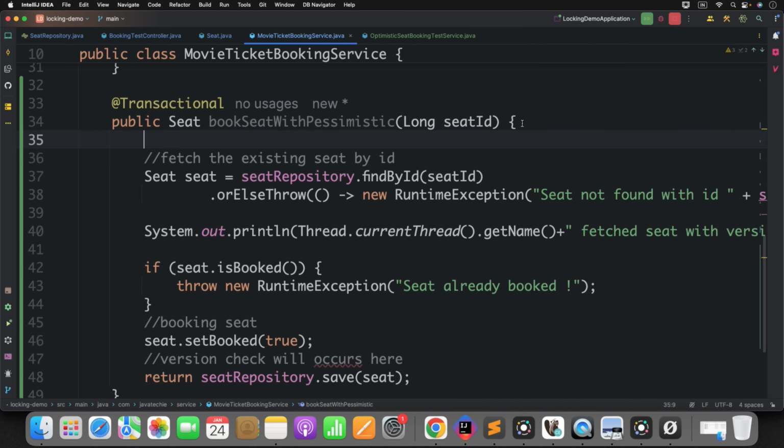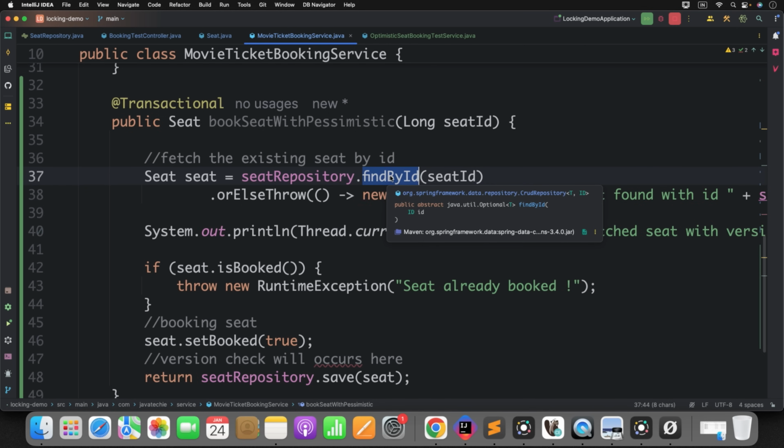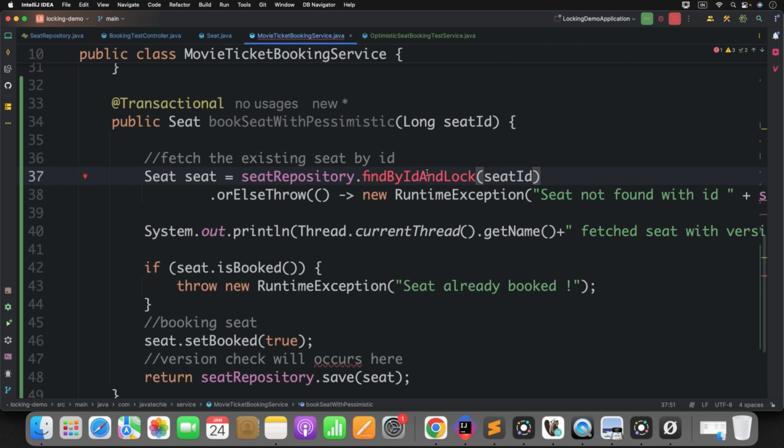Now what do you understand? What will this pessimistic locking do? It will apply the lock on the table so that if one thread is doing something, the other thread needs to wait until thread 1 completes its task. Okay, so what we can do now, for this pessimistic lock, you need to make some small changes. Okay, rather than directly fetch by id, just fetch by id and lock that record. The record which you fetch by id and lock it. Just create this method